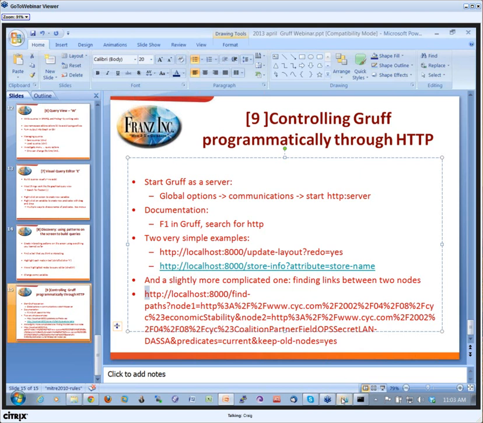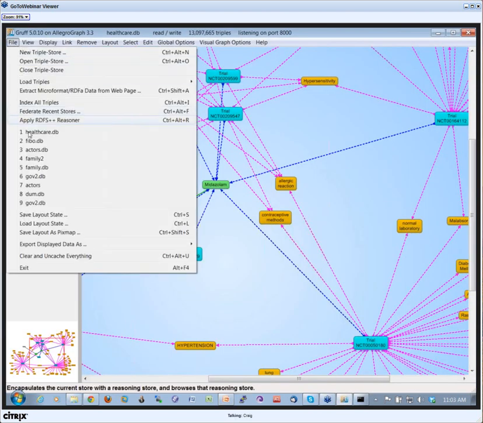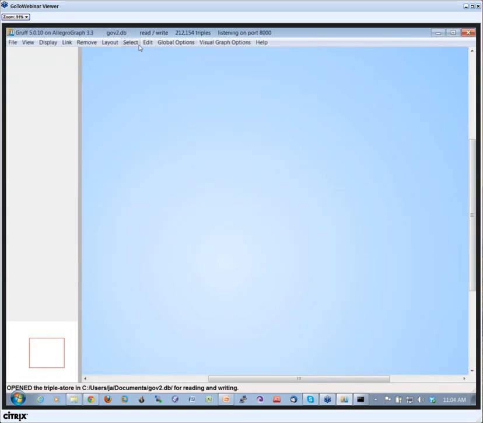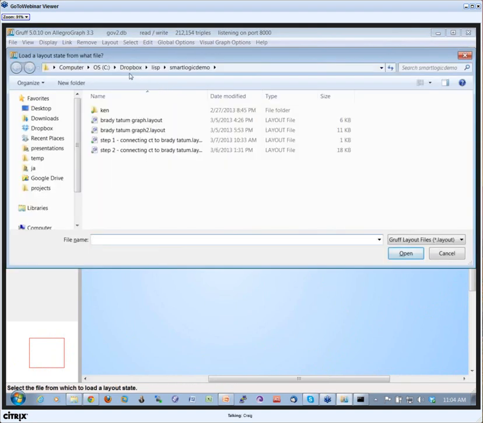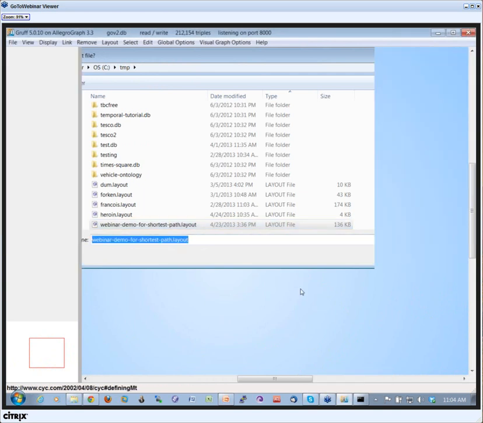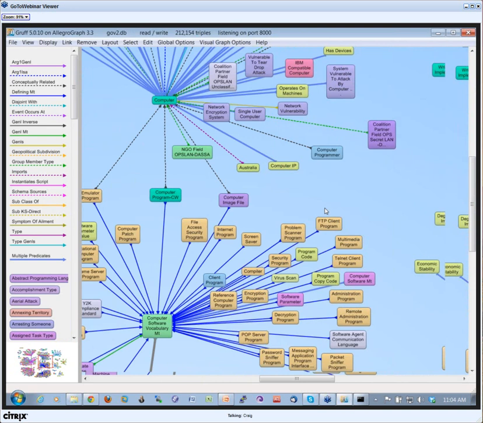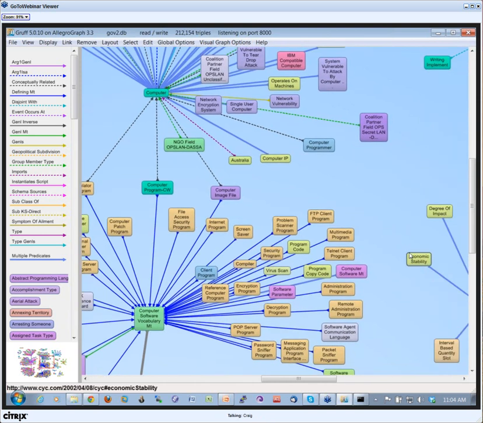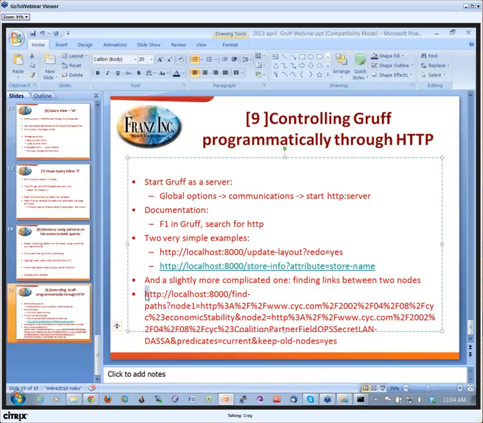So this is pretty complicated. So if I say open a database called Gruff2, and I think I have a layout for this. You remember that it was in temp? Yeah, okay. So here you see a part of the database with an ontology for the government and terrorists, etc., etc. So you might have a coalition partner, and you might have something like economic stability in this particular graph. Then the command that I will have here would be